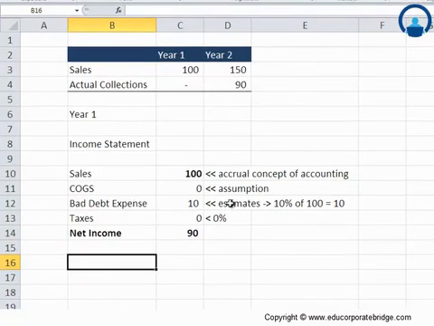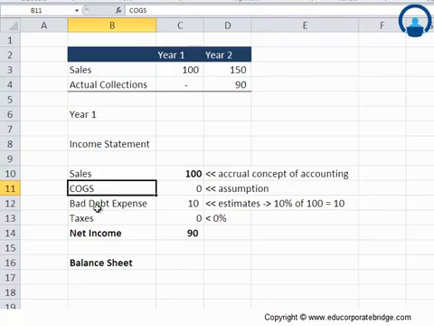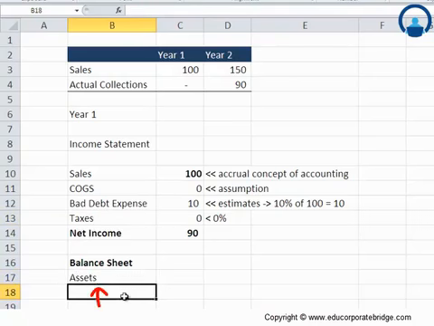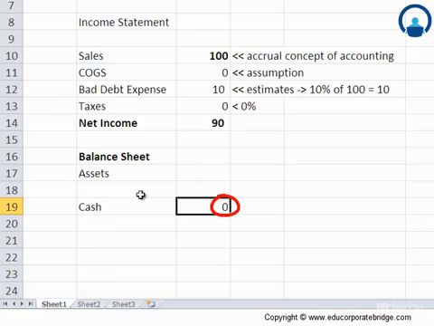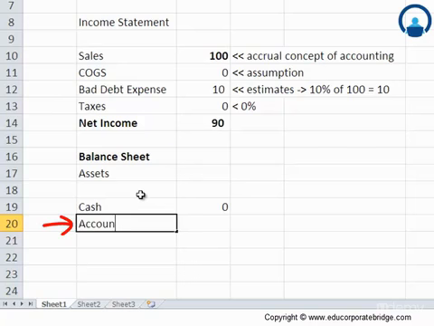Let us now quickly work on the balance sheet. Please note that this is a very simplified version of the income statement, balance sheets and cash flows which we are working on. Here we are only discussing how selected items like changes in account receivables will affect the 3 statements. That's why other items are taken in a very simplified way. So let's talk about assets. Assets start with cash. In year 1 we have not yet received any cash, so this would be 0. The other form of assets which we are assuming here is only accounts receivables.